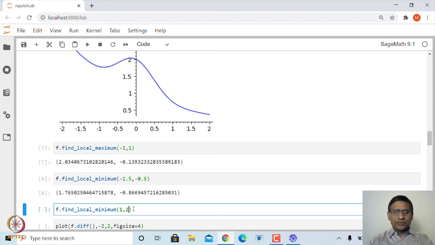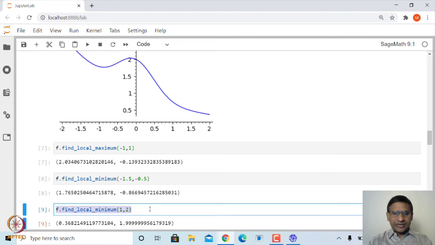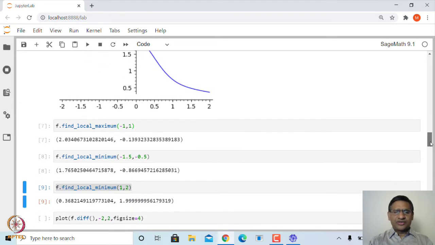By looking at the graph, you can see here that the minimum will lie at 2 and the maximum will be at 1. That is what you will see numerically. For example, the minimum value is at 1.999, which is very close to 2, and this is the minimum value. Similarly, if I ask for the maximum value, then you will see the maximum value lies at